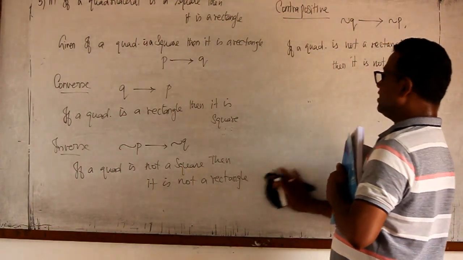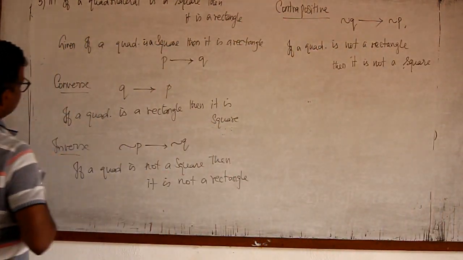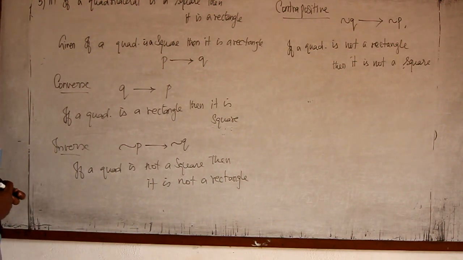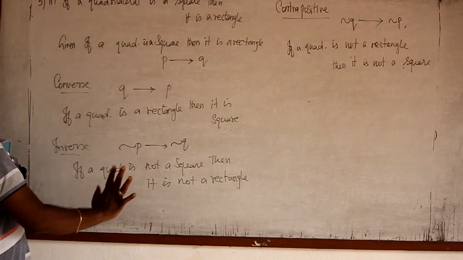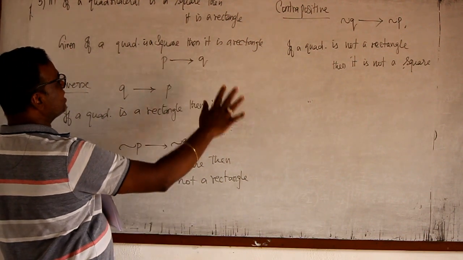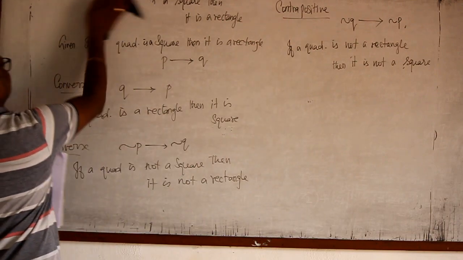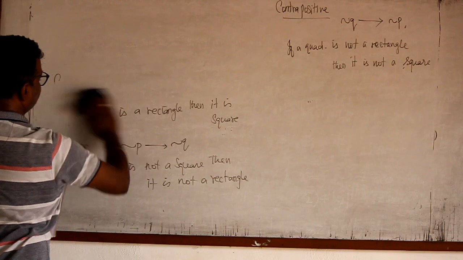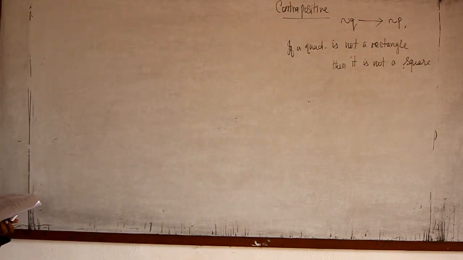So this is about the fifth problem, writing the converse term, inverse term and also contrapositive term. Converse means I must change the order. Inverse means I should not change the order, but I must change it to negative. Contrapositive, I must change the order and also change into negative terms. So with that, the introduction problems are over. Now we shall go for the sixth problem.